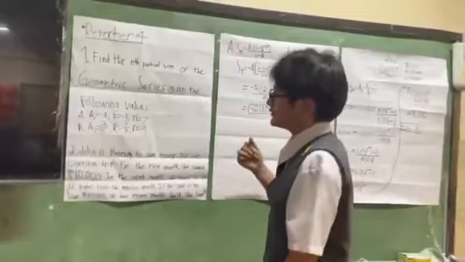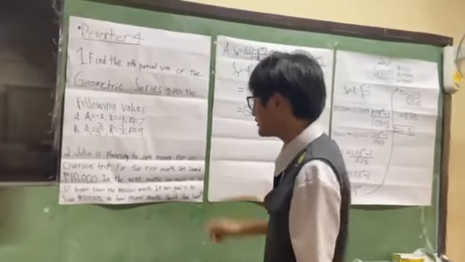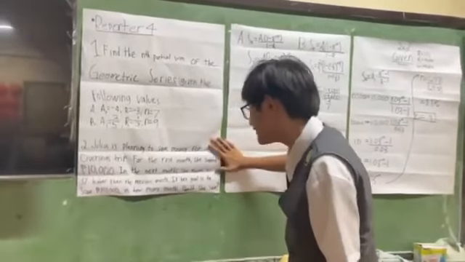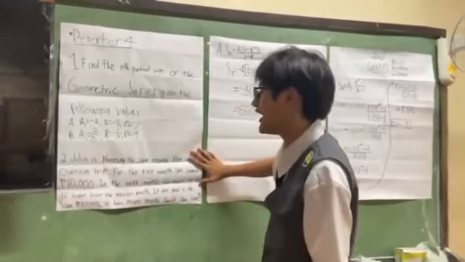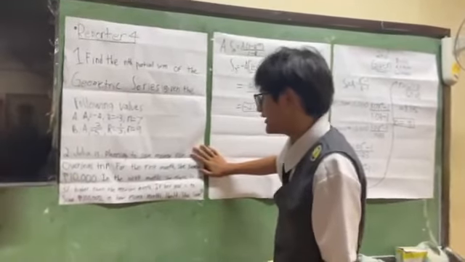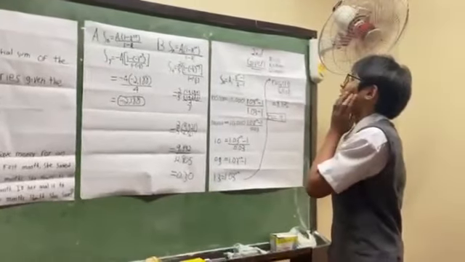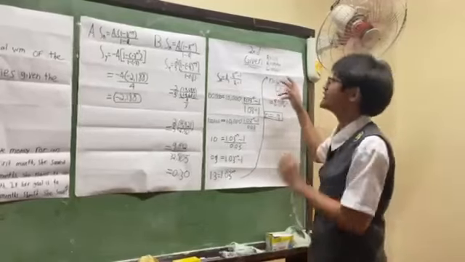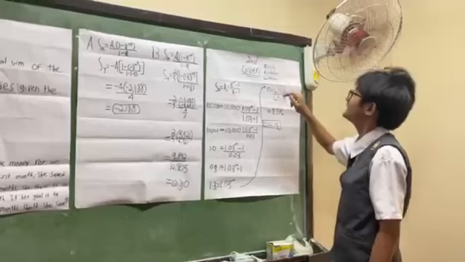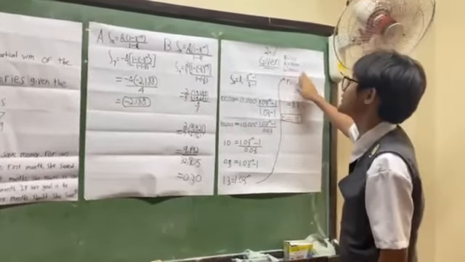Next question. Number 2. Julia is planning to save money for an overseas trip. For the first month, she saved 10,000 pesos. The next month, she plans to save 3% higher than the previous month. If her goal is to save 100,000 pesos, in how many months should she save? So, this is my solution for the second question. The given is r is equal to 1.03, a sub 1 is 10,000 and S sub n is 100,000.